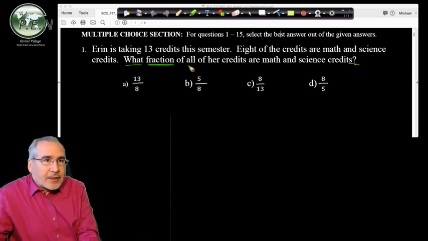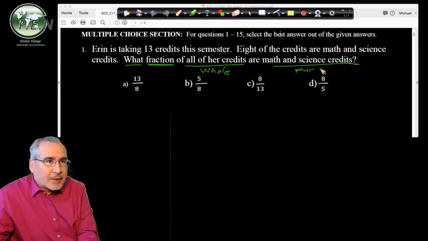So this is a fraction of all of her credits. This is telling us we're looking for a whole. And the math and science credits, this is the part over whole. Okay, so our fraction will be the part